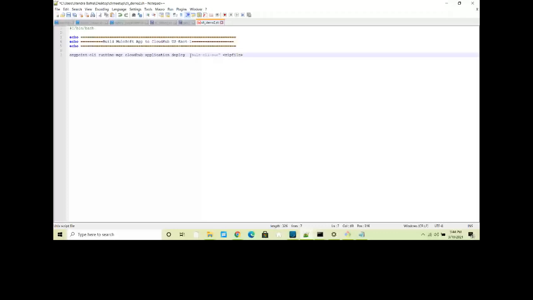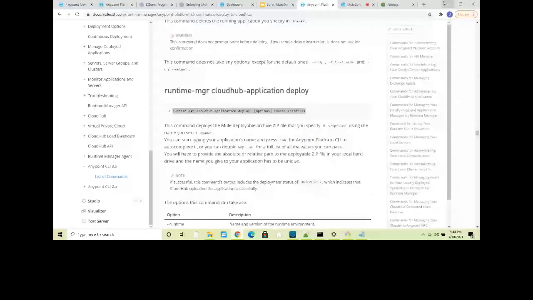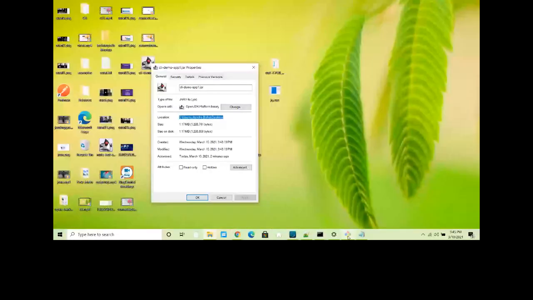Then you have to provide a jar file location. You can give the HTTP path, or like I have right now, I have pasted it here. So I can give this particular path. I can go to Notepad++ and give my jar file path, copy this name.